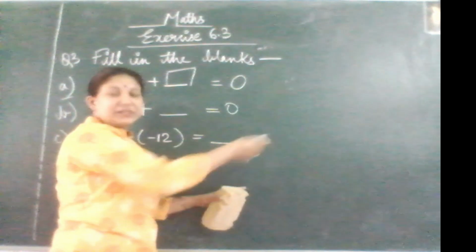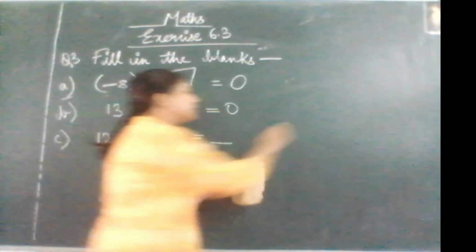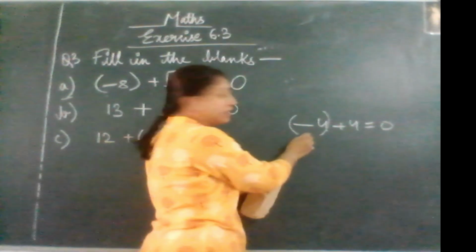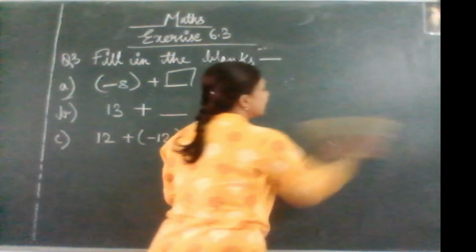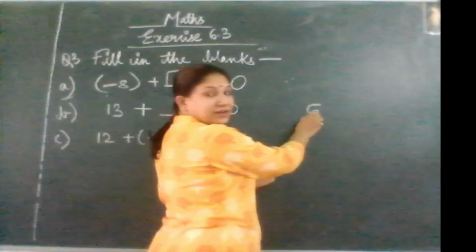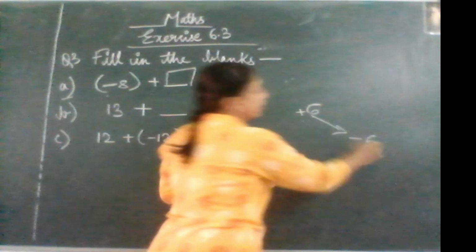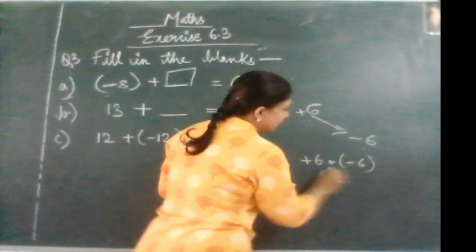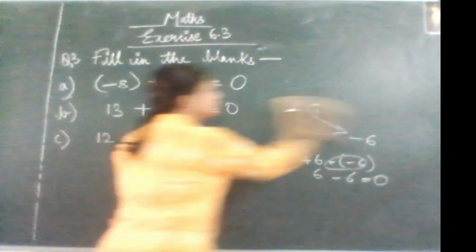So just now we have discussed that additive identity and additive inverse. You sum up these two, you will get 0. That is minus 4 plus 4 equal to 0. See, if this is additive identity, the additive inverse is plus 4. We have added, you get 0. Or take for example, suppose you take example 6. So this is your additive identity. So what will be the additive inverse of plus 6? It will be minus 6. Now you add these two, plus 6 and plus of minus 6. See, plus into minus, minus. So the answer will be 0. Clear? So this is very easy.